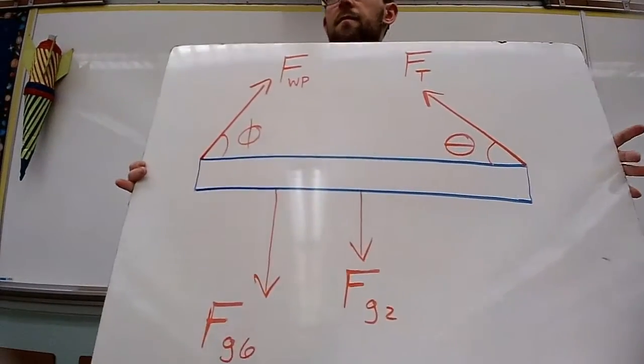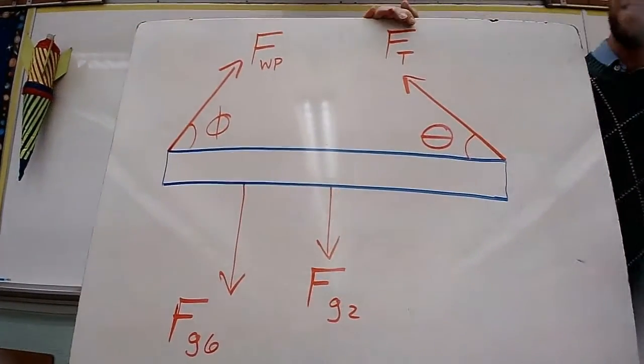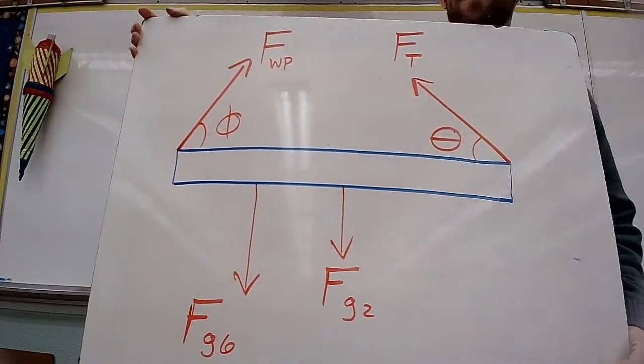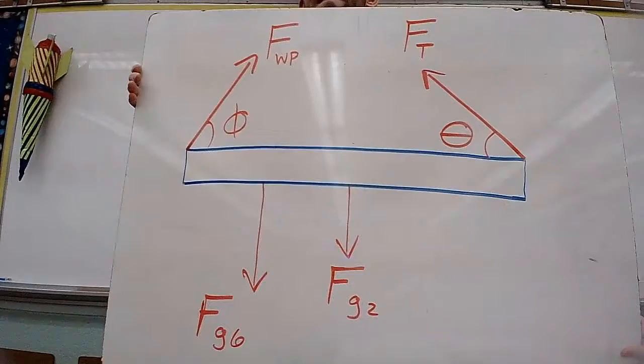Well, this seems easy enough so far, huh? So, FG6, the answer is yes. FG6 is the force of gravity of the person that's standing on the platform. FG2 is the actual gravity just from the platform itself. There's a person standing on the platform? Yes. You drew it yesterday. Yep. You drew a person. The person would be standing right here, and there's a force of gravity. And here's the mass of the board, and there's the gravity.